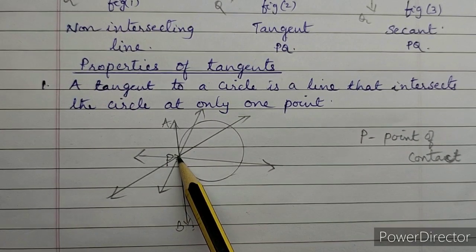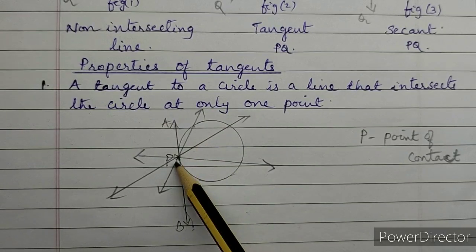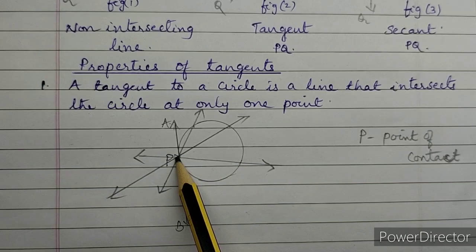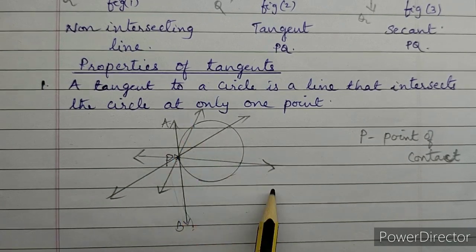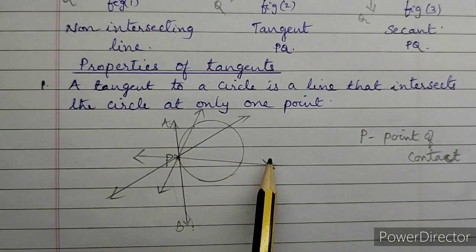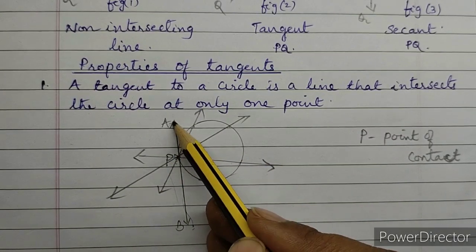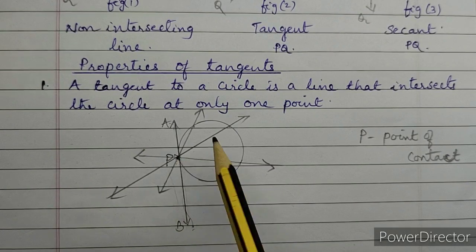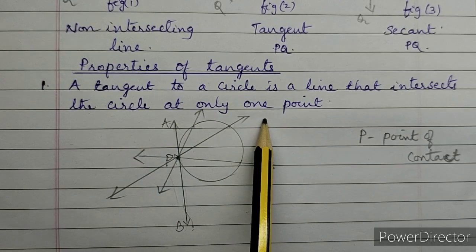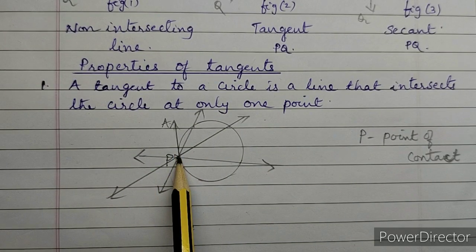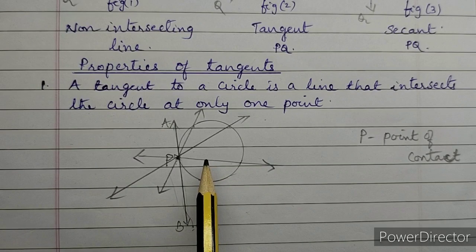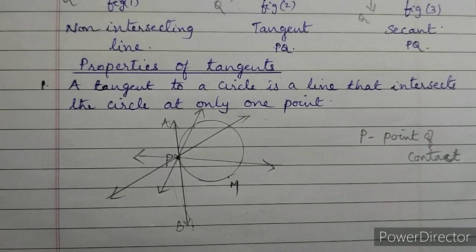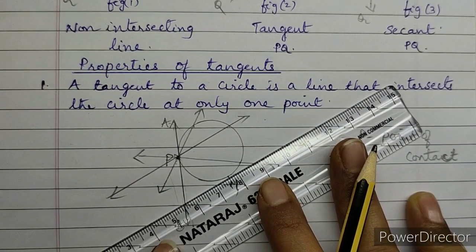Then what will happen? See, in the second case you see it is touching 2 points. Third case you see it is touching again 2 points. Here also it is touching in 2 points. So the tangent has become secant here. If it is touching in 2 points, it will change to secant. So only in this case it is touching at 1 point. So that's why we say there is one and only one tangent we can draw through 1 point on a circle. If you take another point, M, through M you can draw the tangent only like this.